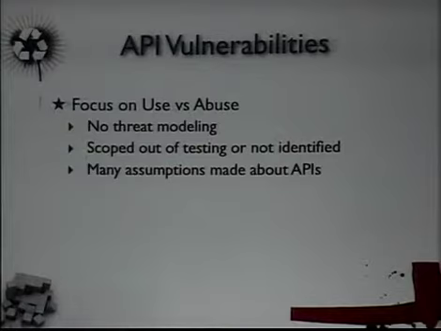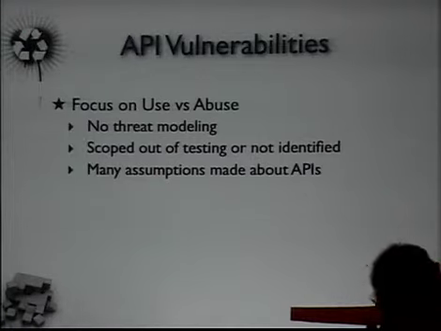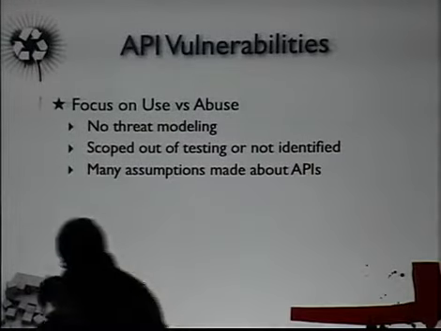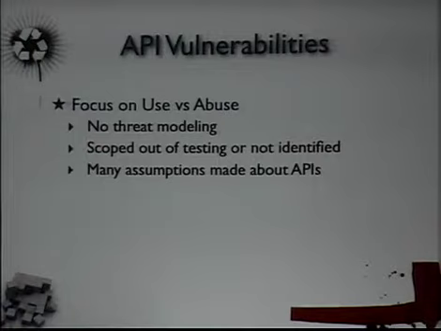The reason there's so many vulnerabilities at the API level is because they're not thought of as being part of the application. So when you're having an engagement, or whether you're doing third-party validation, a lot of times these things are not scoped into the assessment work, or they're not really thought of, and that can be a problem. And I think it's because a lot of times these aren't thought of as being consumed by users; they're consumed by other applications. So there's a lot of assumptions there.